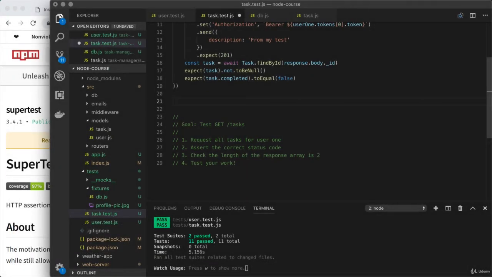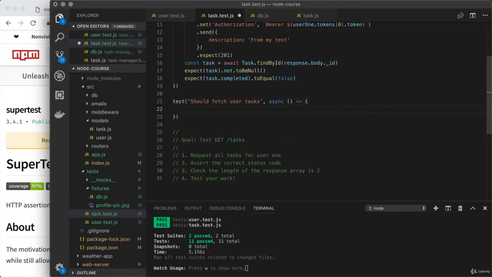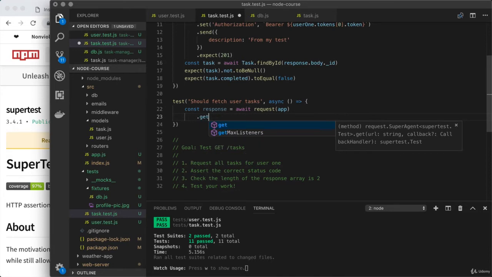How'd that go? Let's kick things off by calling the test function and providing a name. Should fetch user tasks. We'll set up our function as an asynchronous function, and down below, we'll kick things off by making that request. So const response will store the response. I will await the call to request passing in app. Then we'll set up .get. This is a get request to the following endpoint,